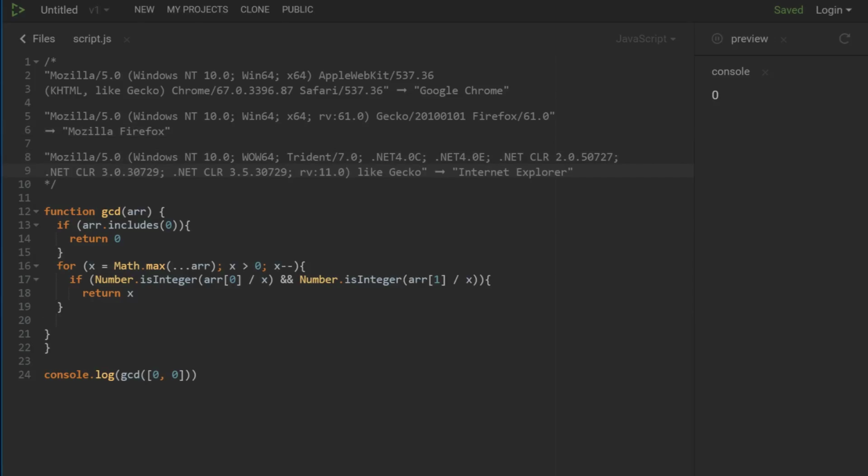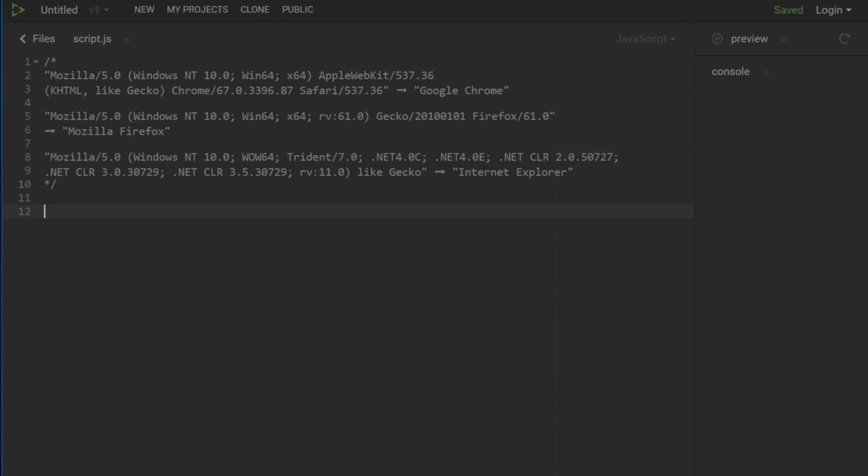Okay, so they're giving us this long string, and from it we need to output Google Chrome. I guess because right here it says Chrome. Second example, this long string, and they want us to output Mozilla Firefox. Where does it say Firefox? Right here. Okay. So if the string has the word Chrome, output Google Chrome. If it has the word Firefox, output Mozilla Firefox. And